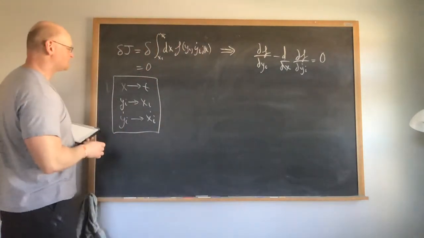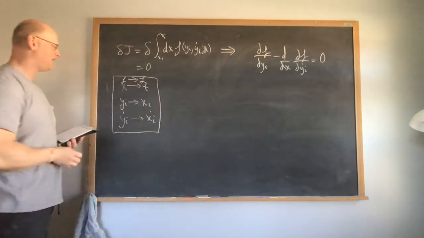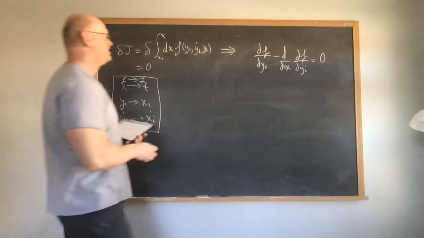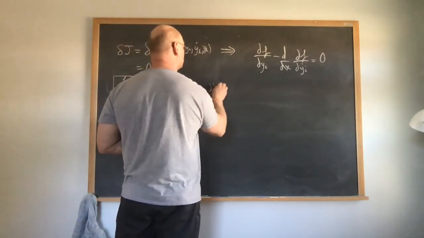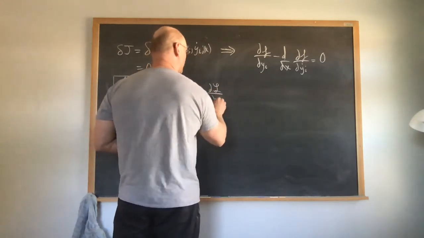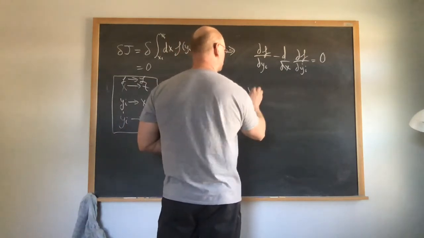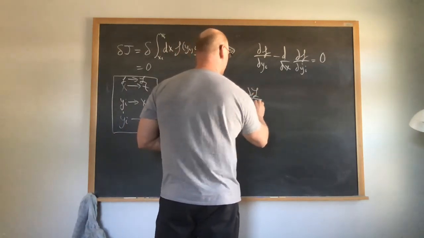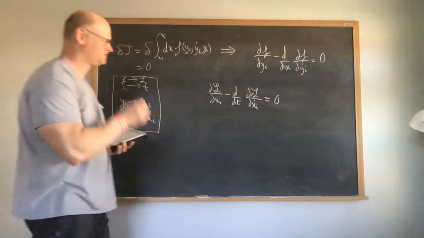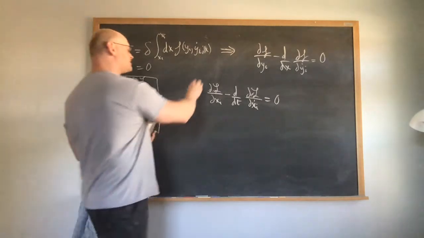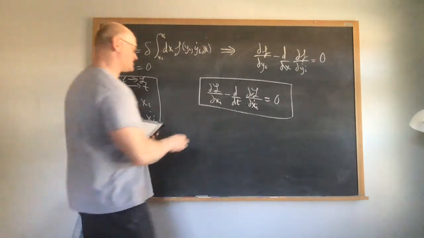So again, as long as I make the identification here, and also that f goes to the new quantity L, known as the Lagrangian, then we can say that the partial derivative of the Lagrangian with respect to x_i minus the time derivative of the partial derivative of the Lagrangian with respect to x dot_i must be equal to 0. So in terms of classical mechanics, this is now our new Euler equation, which is actually what's known as the